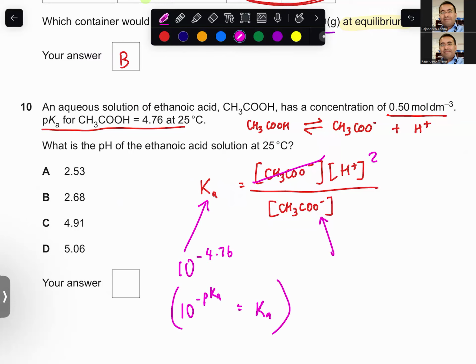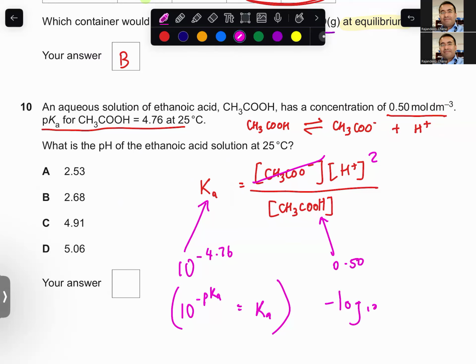This, we assume the concentration to be virtually the same. Only a few molecules out of 1,000 actually dissociate in weak acids. Oops. This should be the weak acid. Apologies. And this is 0.50, and we can work out H plus squared,